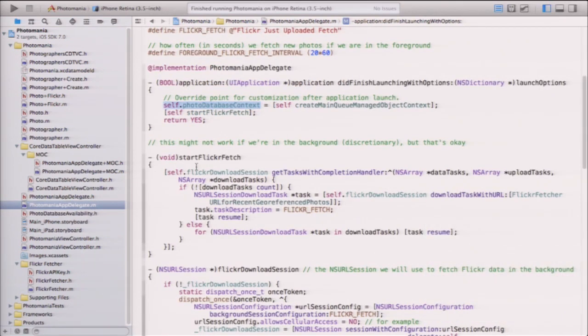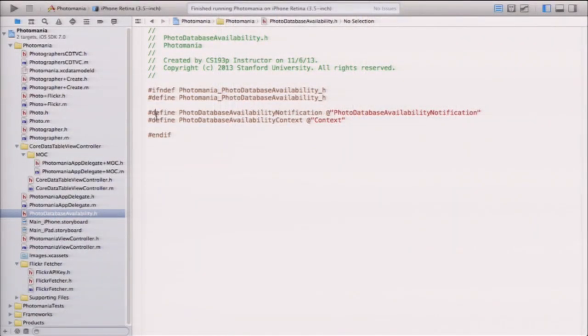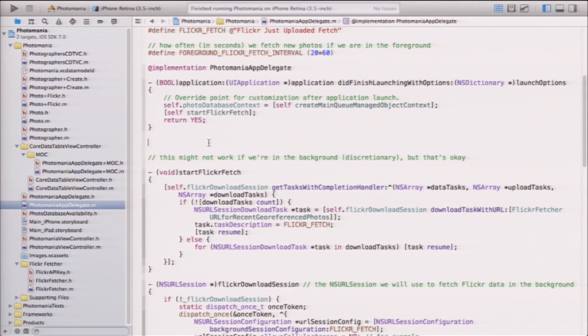database context. Question? For your context static thing, you had equals context, whereas with the other one you didn't have equals. So I assume one of them is not how you intended it. Oh yeah, probably. Good point. Yeah, no equals there. Context, very good. Okay, this is just a pound sign define. If it was a const, I'd probably be doing that. Okay. All right, so